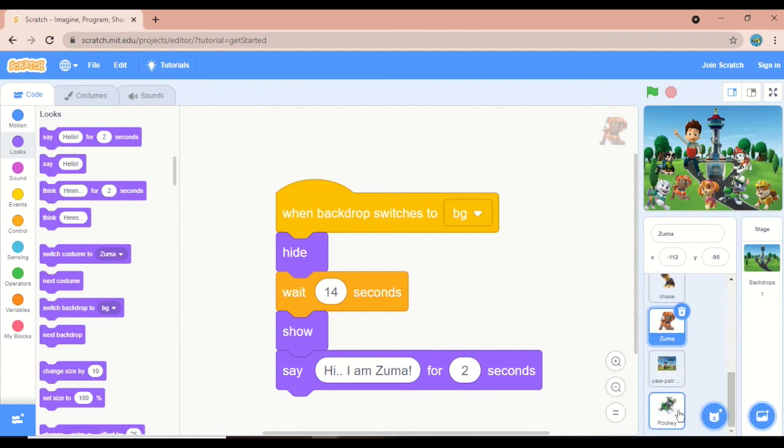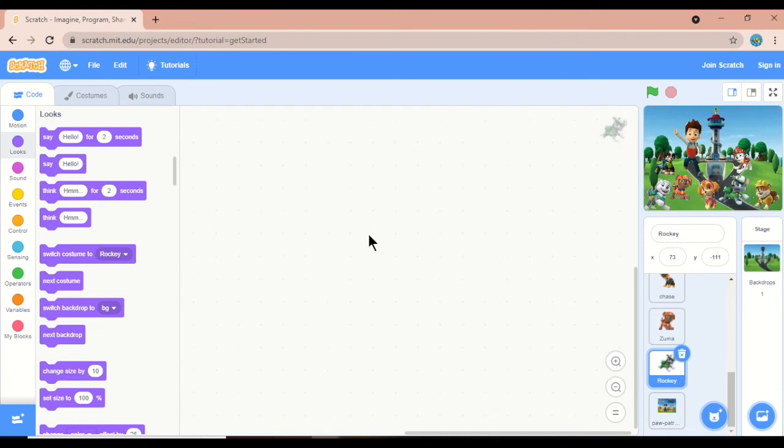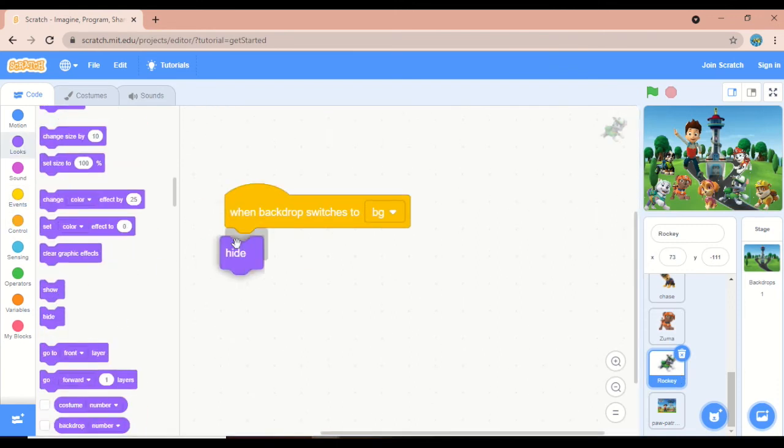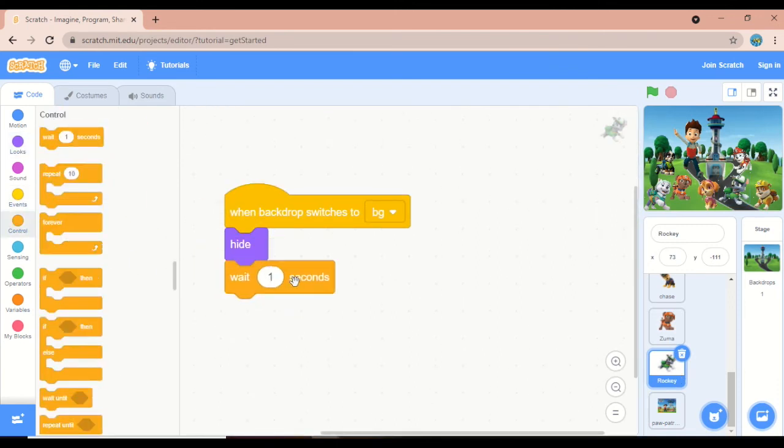Okay, finished. Now we have one more character, Rocky. How long should it wait to hide? 2, 4, 6, 8, 10, 12, 14, 16.